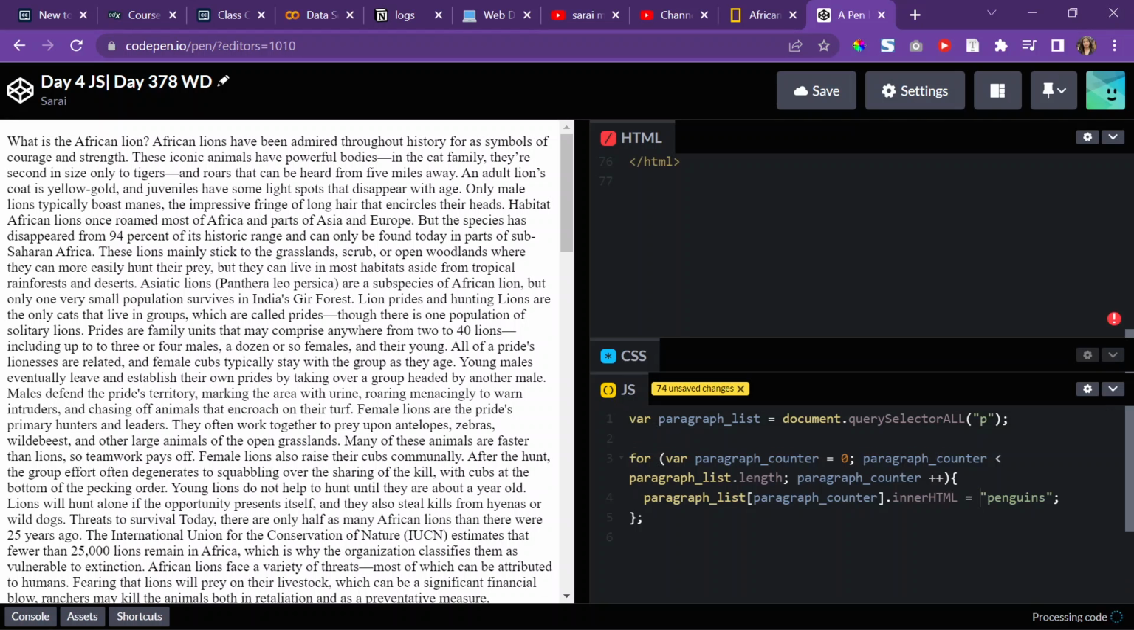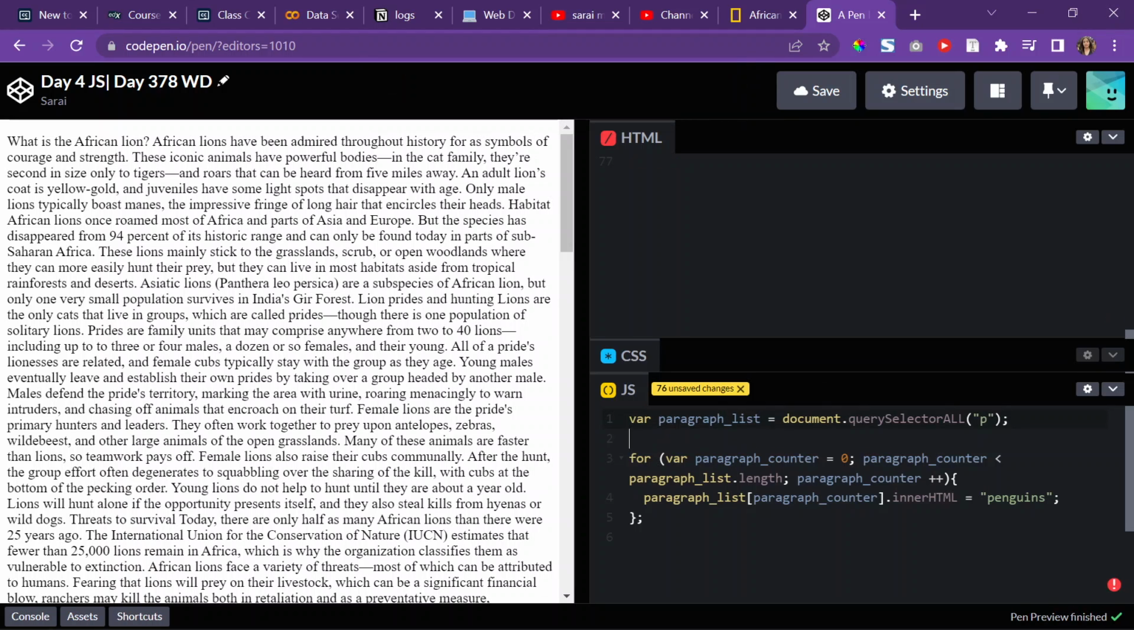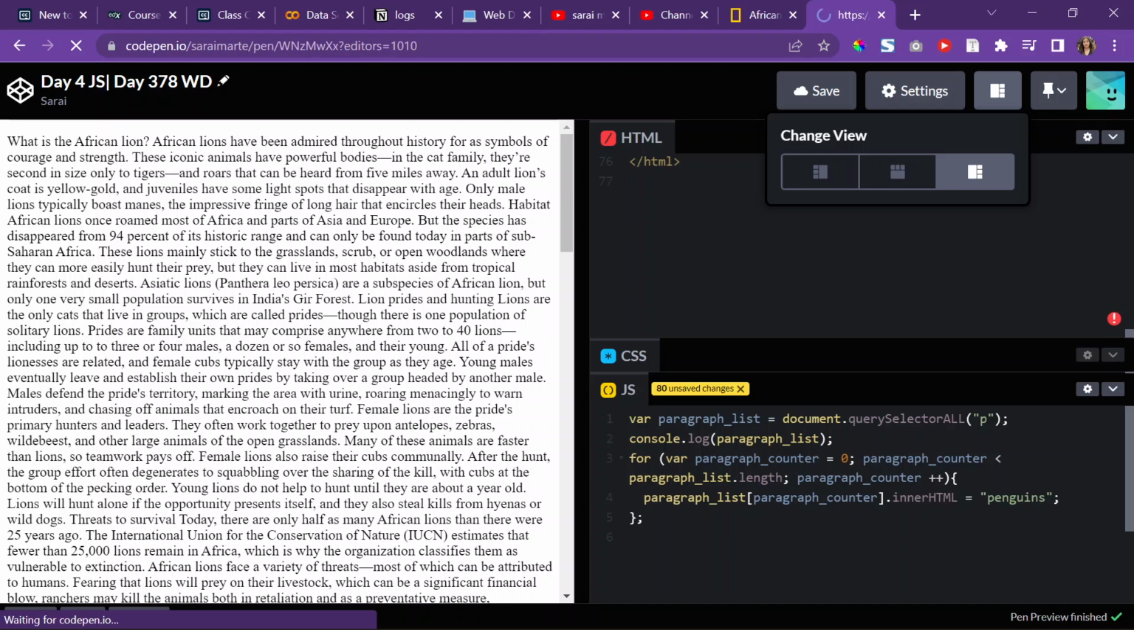Okay, let's see. document.querySelectorAll, key tags. Nope. Let me see. So paragraph list. Okay, so I can debug. If this doesn't work, I could just check why it's not working. So console.log and just output the paragraph list. And so when I run this and save this and open it in debug mode,